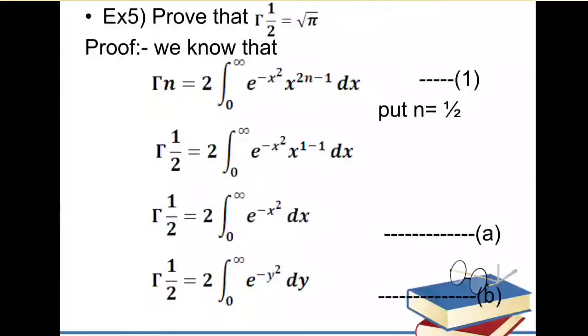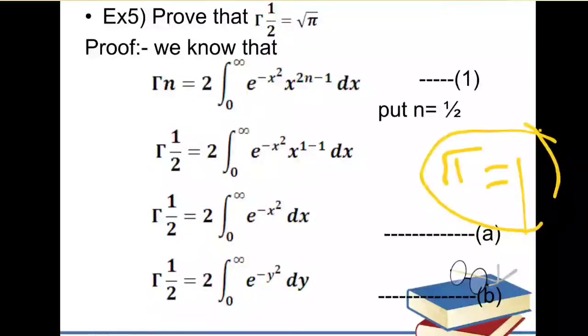Now next we discuss how to prove that gamma of 1 by 2 is equal to under root of pi. We know that the value of gamma of 1 is equal to 1, and how to get this value I have already discussed in the lectures. That is, the value of gamma 1 is 1, we can get by solving the integration. In the same way, we always use gamma of 1 by 2 is equal to under root of pi. How to get this value we discuss in this lecture.